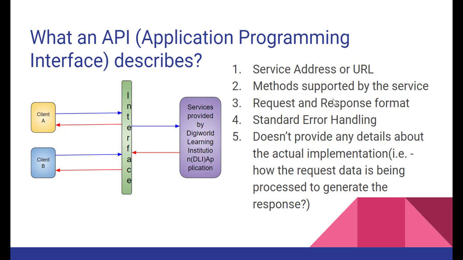So what is service URL? Suppose there is some web service you have developed using Java, and you have deployed it in your Tomcat server which you have installed, or through Eclipse you have deployed the web service to your Tomcat server. Then the address of that service would be something like http://localhost, then the port number and slash, then the service path, right? So that would be the service address.